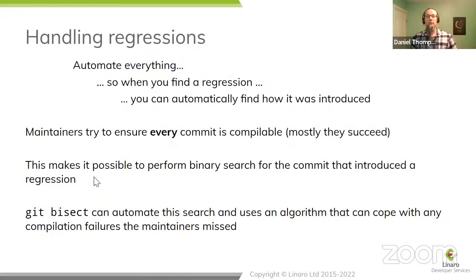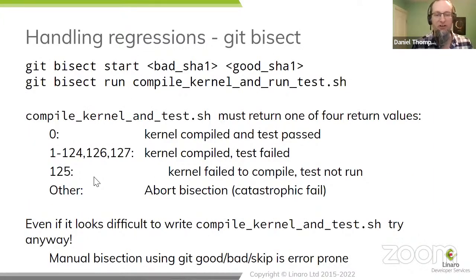That makes it possible to perform a binary search across the version history looking for the commit that introduced a regression. If you know it worked then and you know it doesn't work now, you can go and find out which patch it was that made it not work. And git bisect is the tool that allows you to automatically search that, and it does contain additional algorithmic tricks to cope with merges and to cope with compilation failures. So it's not a true binary search, because merges aren't binary; they're a complex web.